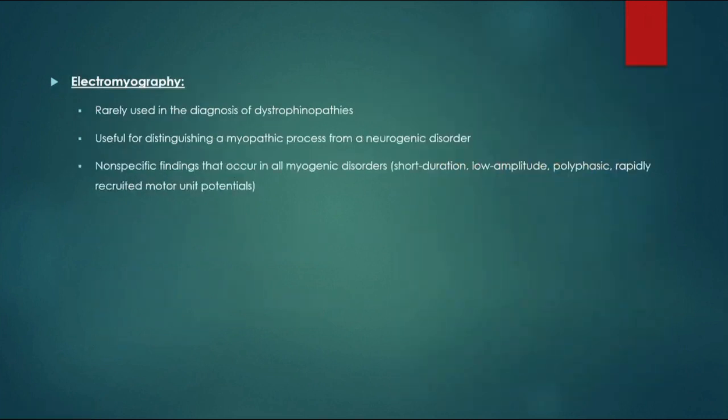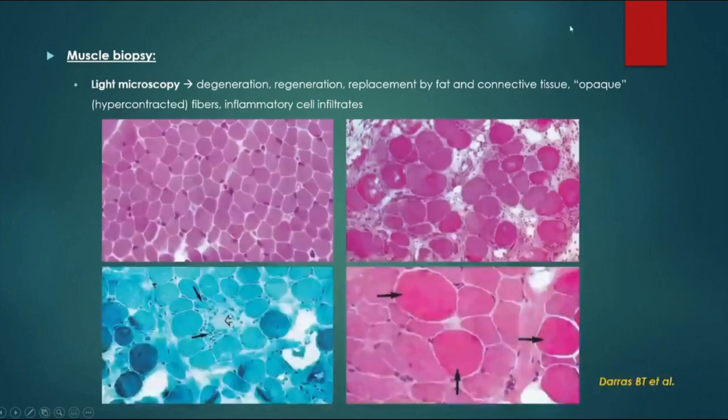Electromyography is rarely used in this condition because it is non-specific and shows only myopathic changes. It is only helpful when we have suspicion about myopathic versus neurogenic disorder, but usually it is not used. Now, muscle biopsy was used very frequently in the past, but the rate of use of muscle biopsy has declined